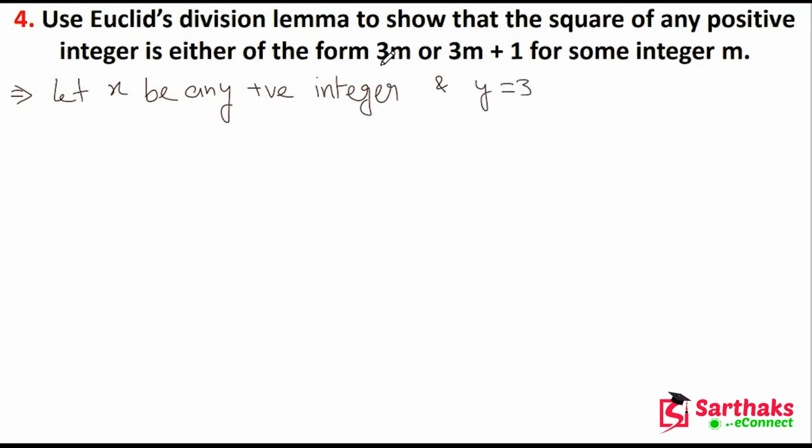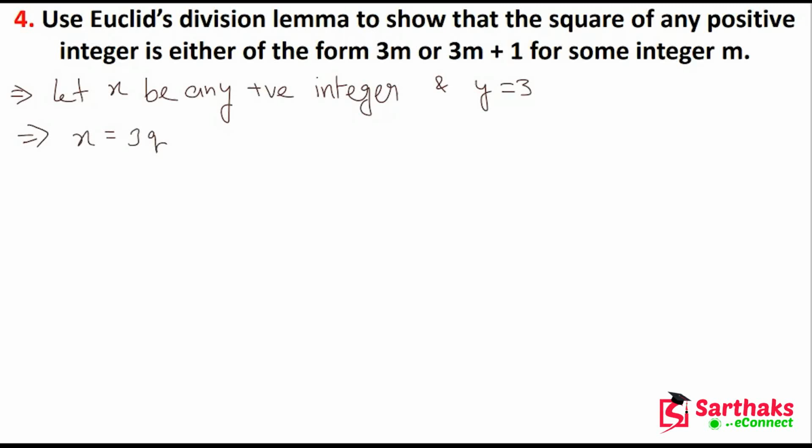Why? Because in 3m or 3m plus 1, here 3 is our b, our divisor. So by Euclid's division algorithm we can write